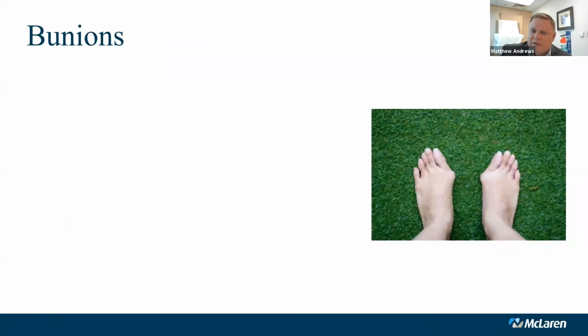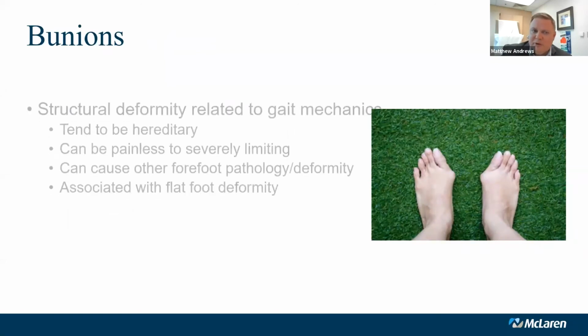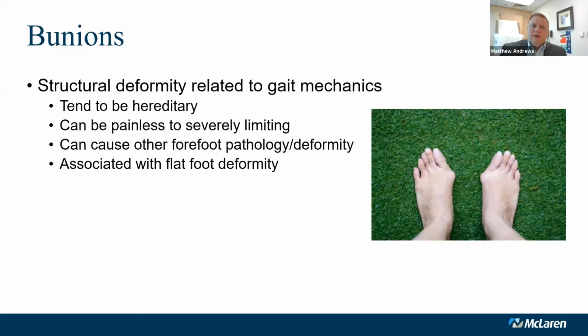Another very common thing we see, this is kind of more of a drastic example in this picture, is bunions. Bunions do tend to be hereditary. Sometimes they're just bad luck, but they're oftentimes related to the mechanics of how we walk. So people that have a flatter foot type or a very flexible foot type will be more prone to development of a bunion deformity. And oftentimes I see a new patient for bunions and I'll ask them who had them, your mother or your father.